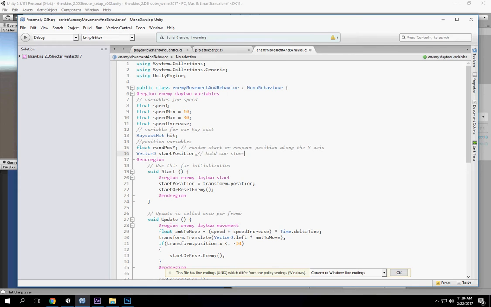Hold our start position information. This holds whatever